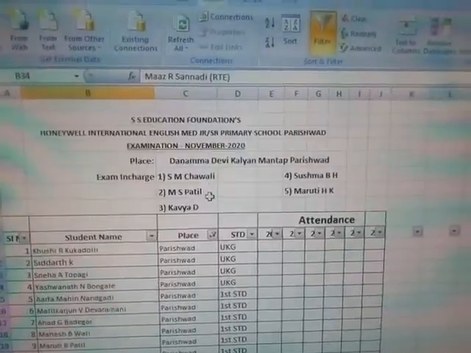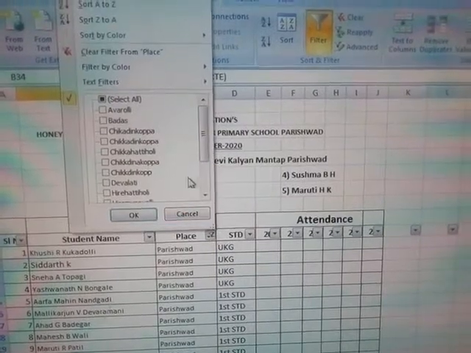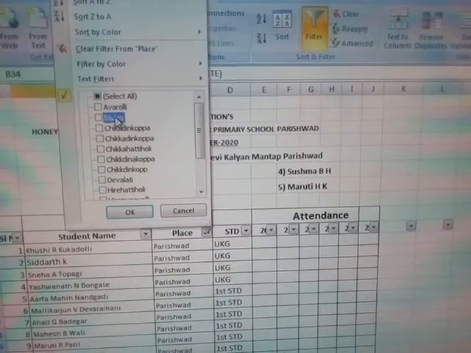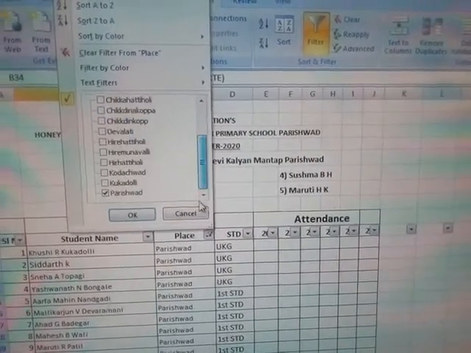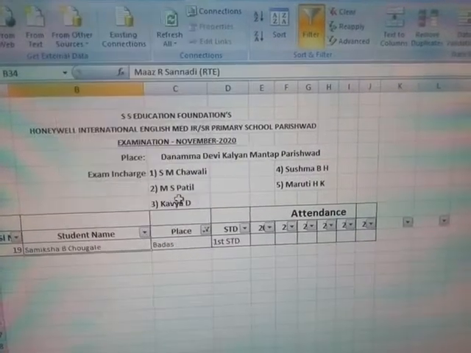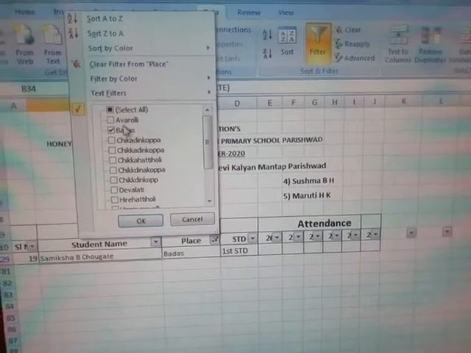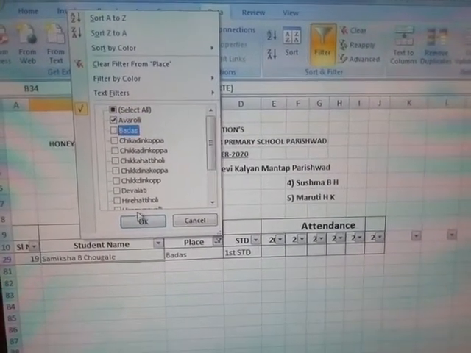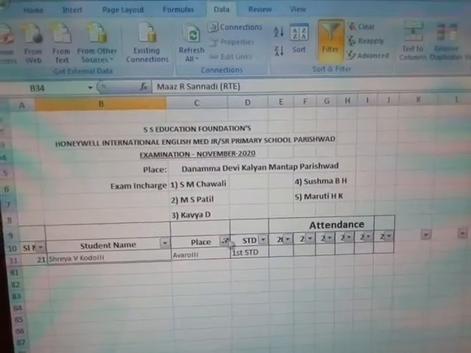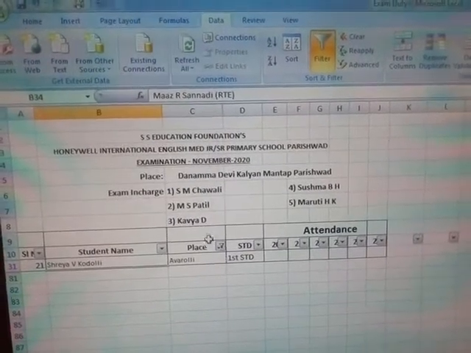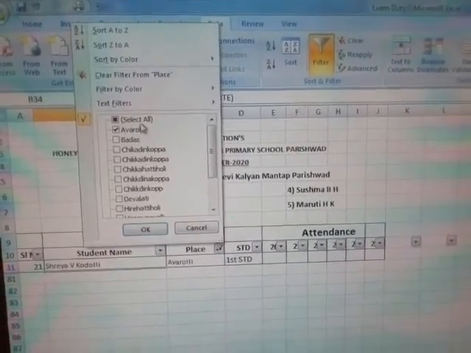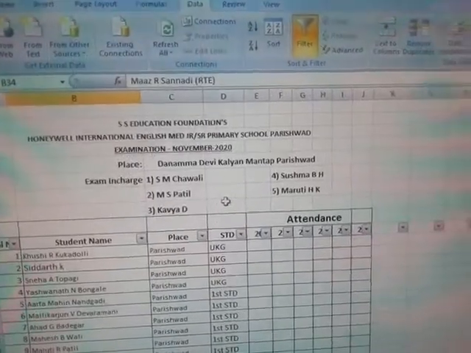If you want to change to a different place, say only Badas, click here, remove this, and you see only Badas students, how many there are. Then if you only want to see Orally, Orally students will be displayed. This is how to apply the filter for your documents, and whatever data you want will be shown.